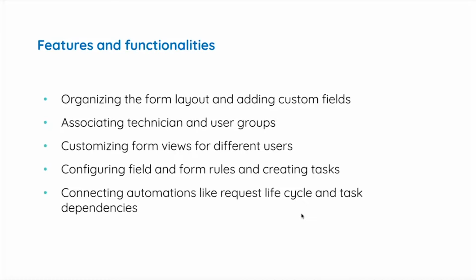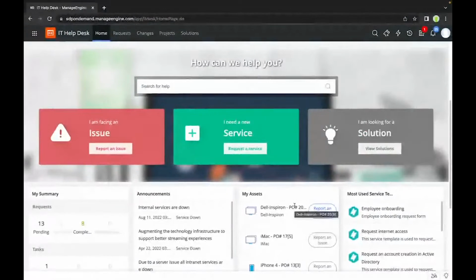But before I show you how you can configure this, let me show you how this appears from the end user's perspective. So right now I'm in the self-service portal of Mary. Mary is an employee of Zilker, and this is the unified self-service portal. Mary is unable to log into MS Office. So now she is going to raise this incident. Once she clicks on report an issue,